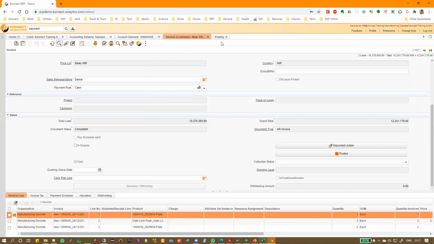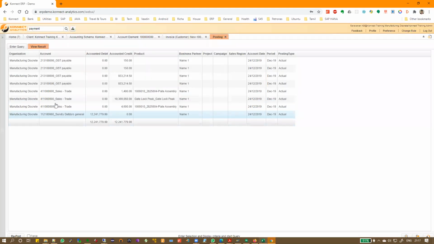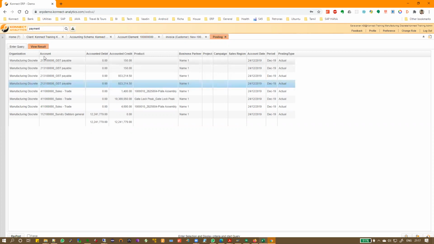Before we go there, now when you look at this posting, I know that you know the name of the account, but can you tell me whether this is an income, expense, asset or liability account? Income expense, since it starts with 4. Yeah, I think it starts with 4. This is an income account. Okay, Rishikesh, this account is starting with 2. So what is this account?